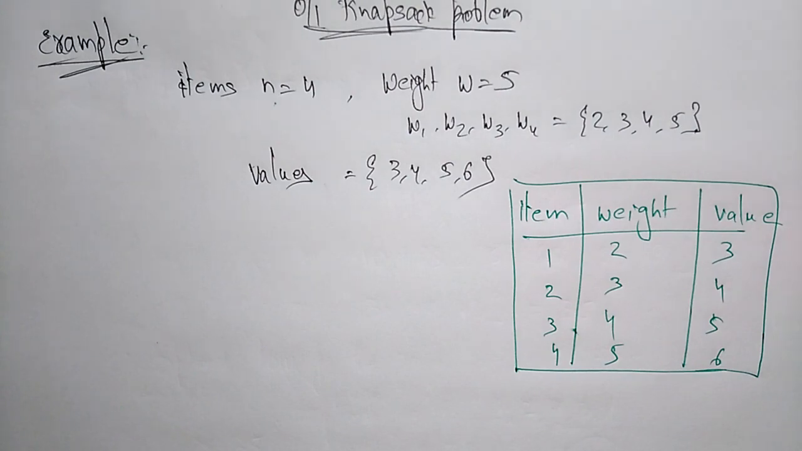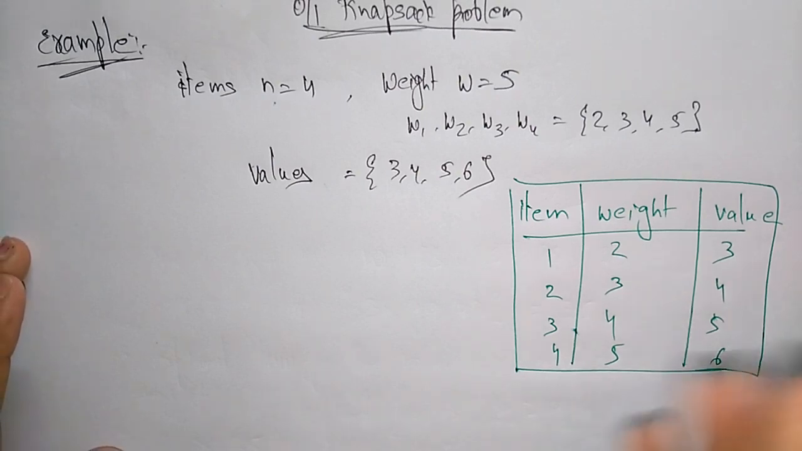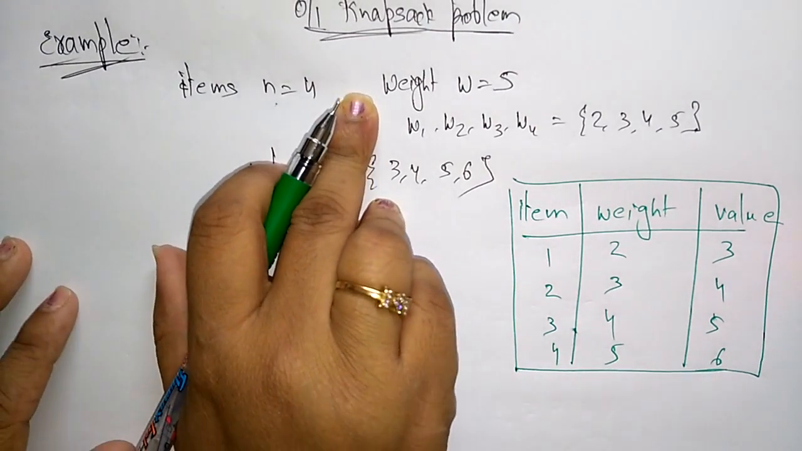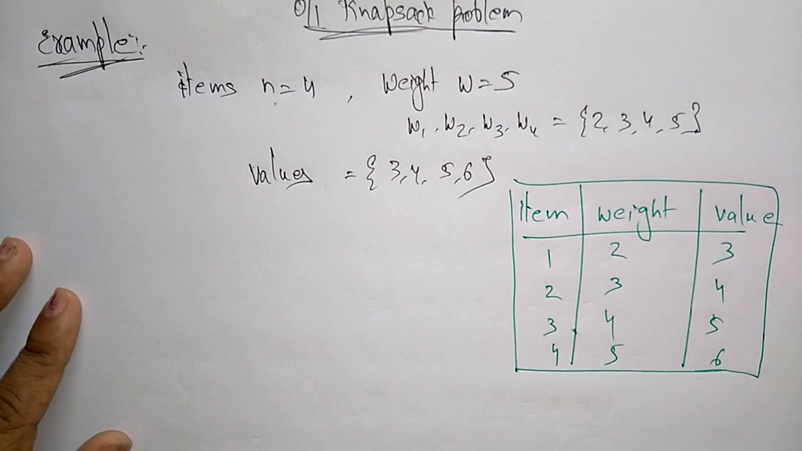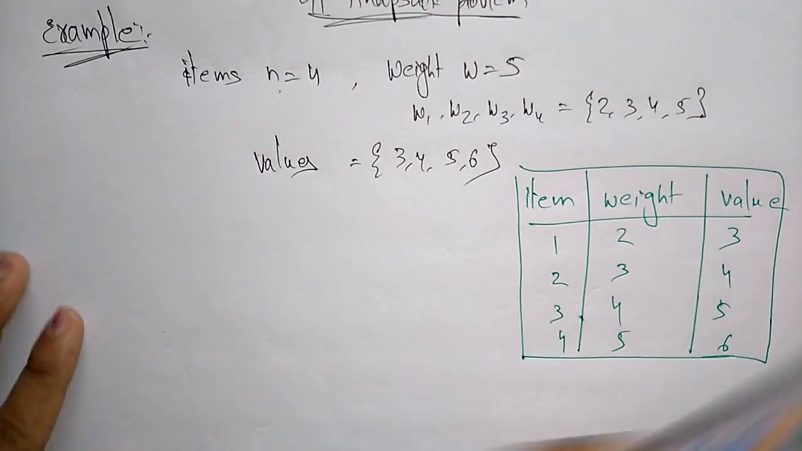Now let us calculate the weights. Means we have to get the optimal solution that has the maximum value for the maximum weight that the knapsack can handle, and what are the items that can be inserted in the knapsack, that we have to find out. So for this the formula is